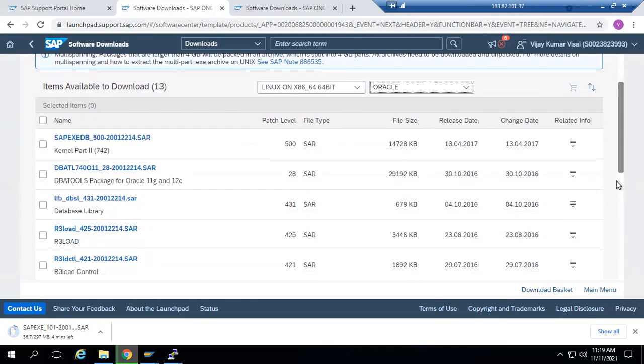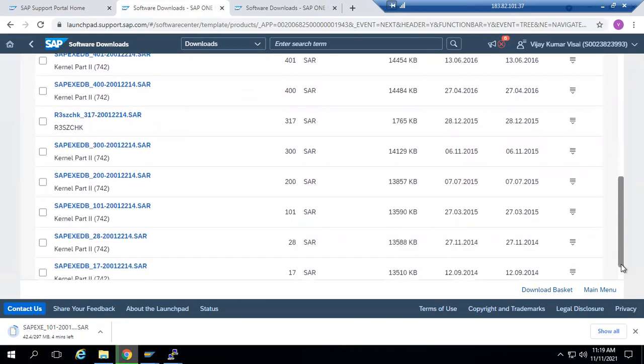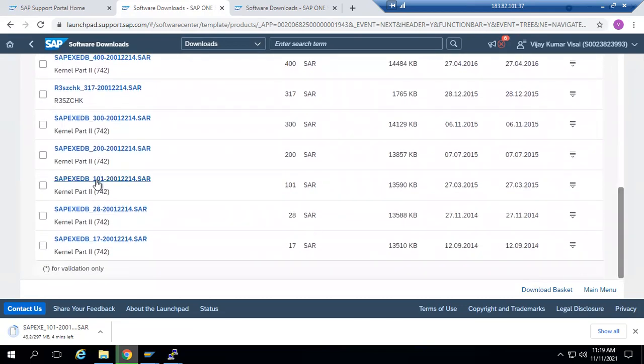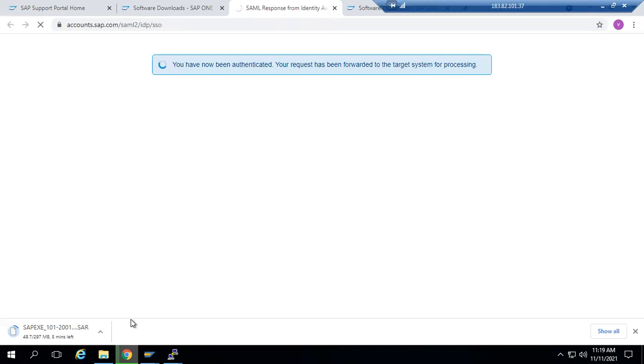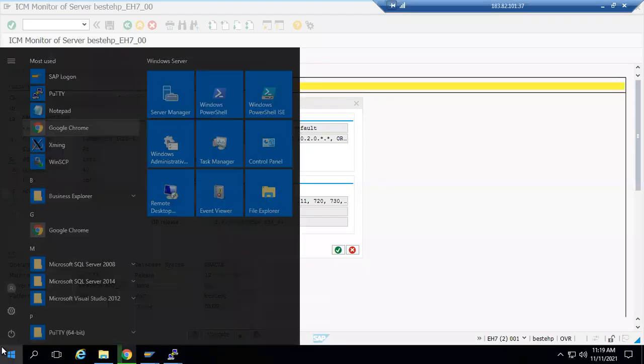If you download anything other than 101, it will not work. This is the one you need to download. I'm clicking it, and it will download to your local desktop. Right. Now open WinSCP.